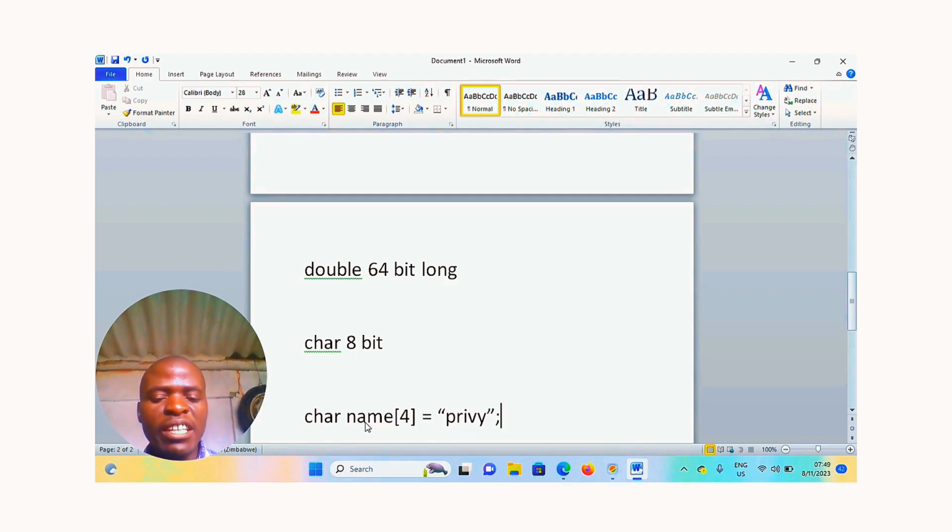This is how you declare strings in C. Strings are called arrays of characters.